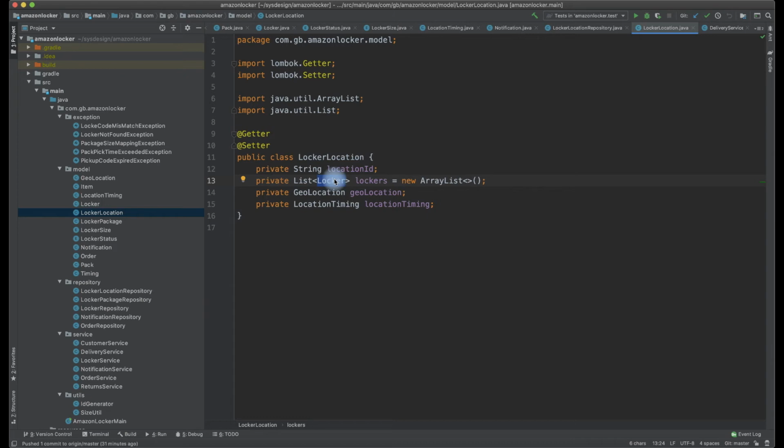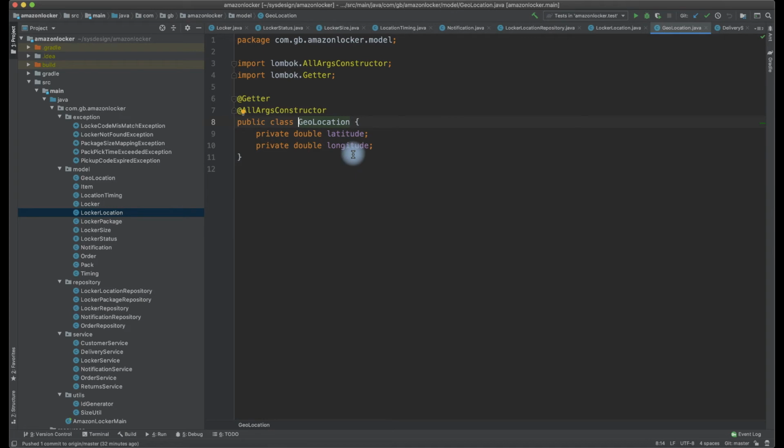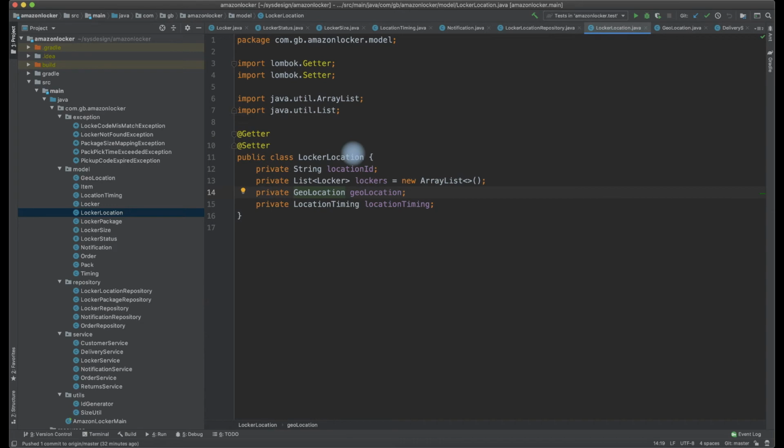So all the lockers are available. A locker location has a geolocation. It is clearly told that we should be able to fetch the nearest locker to the customer based on the customer preferences, so we are storing the geolocation of the locker. It might be in a mall, so the store's location or the mall's location is mentioned here. Geolocation is where we store the latitude and longitude, which are double values. We can use a radius formula to arrive at the nearest location. That need not be coded, but we need to understand that we need to capture the location.